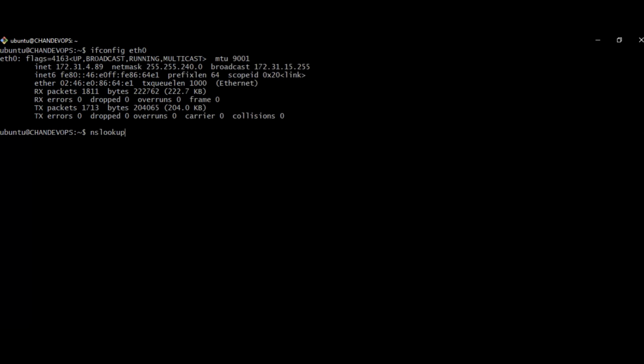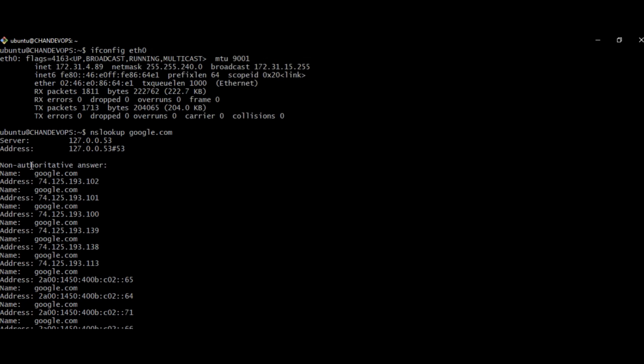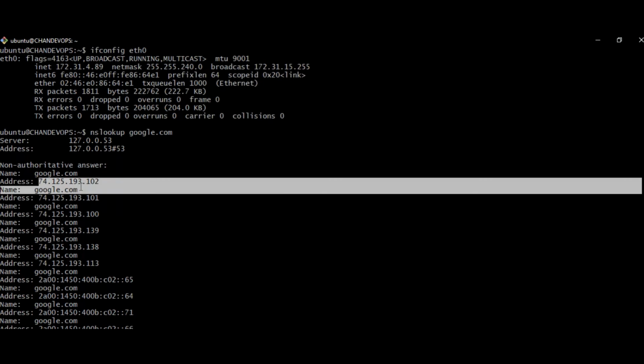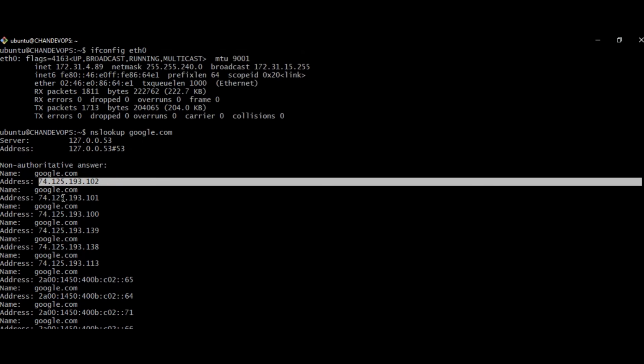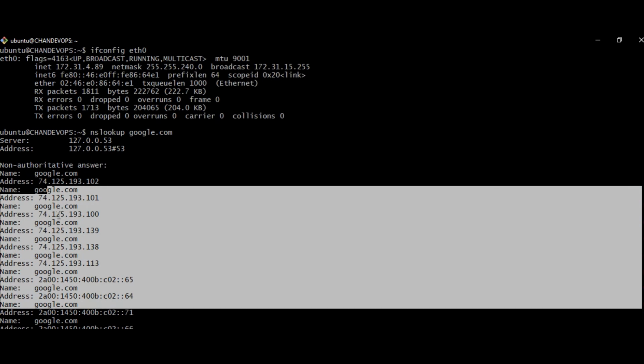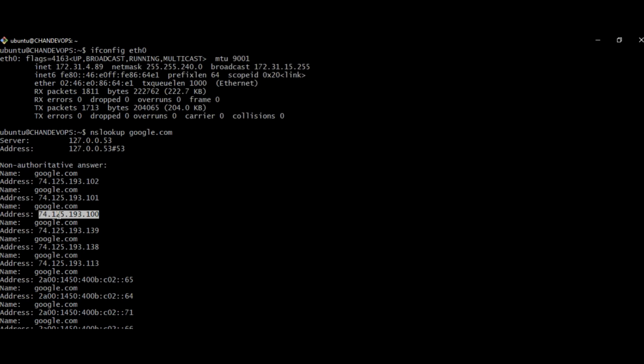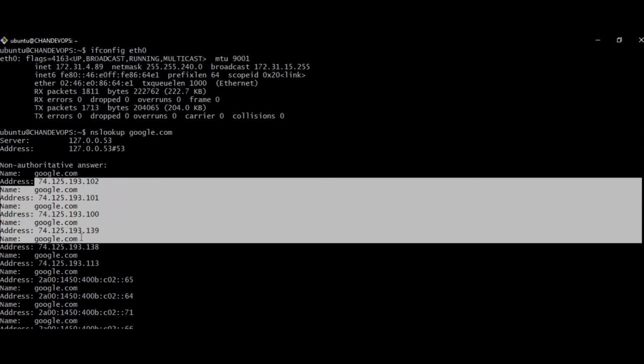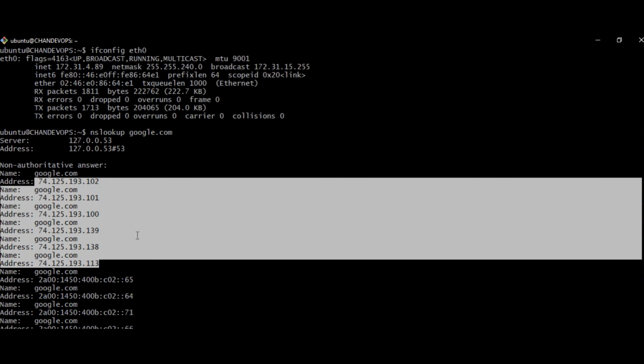So if I go with nslookup google.com, we can see the addresses of google.com. These are the public IPs of google.com. We can access it from many IPs of google.com.